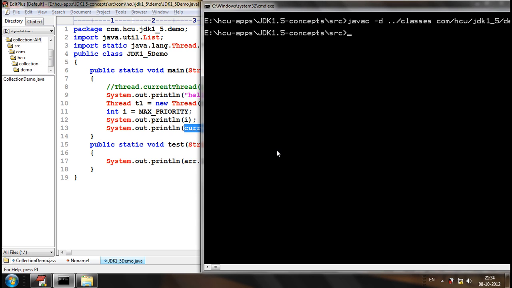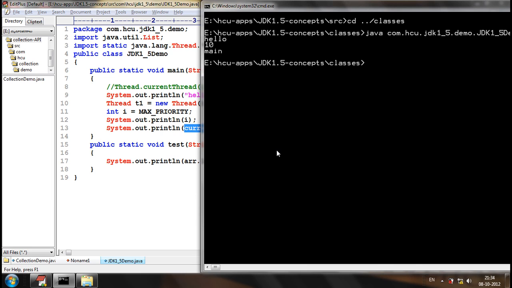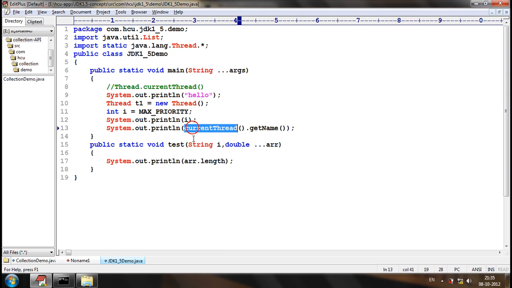Now, is it compiling? Yes. Let me go to the classes and execute the application. Now what is the value printed? currentThread().getName() prints main, the name of the main thread. So can we use static methods using static imports?